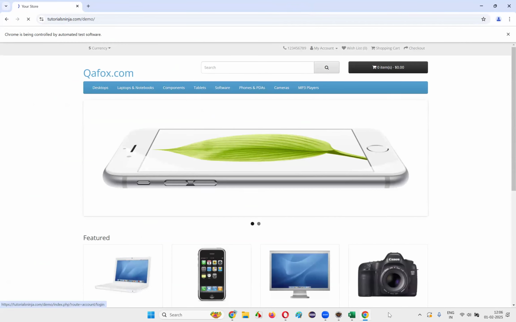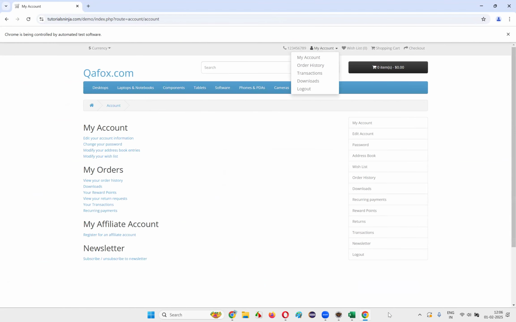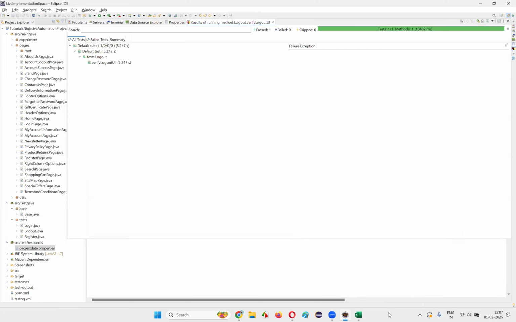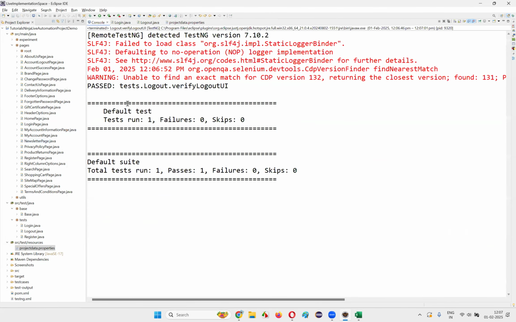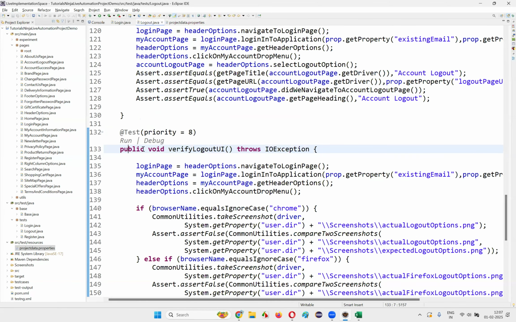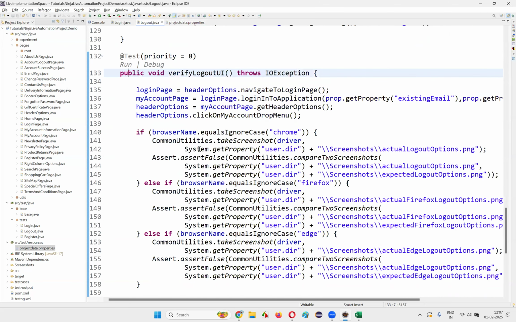Let's run the test to see whether it is working fine or not. Yeah, working fine. Looks like that's okay. Similarly, I'll change it to Firefox. Save this. Go here and run the test. We'll take the screenshot for the